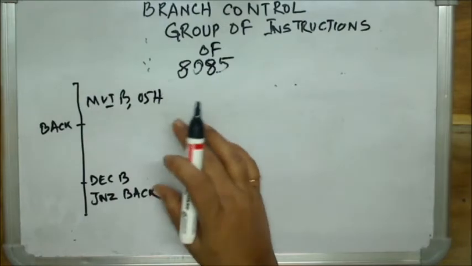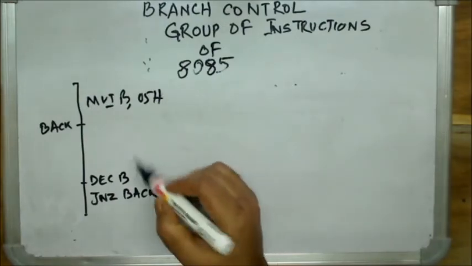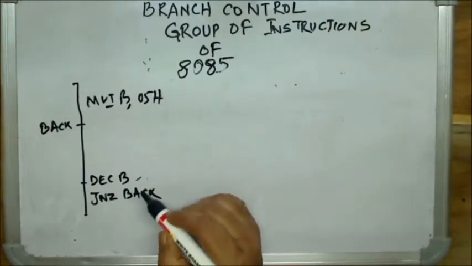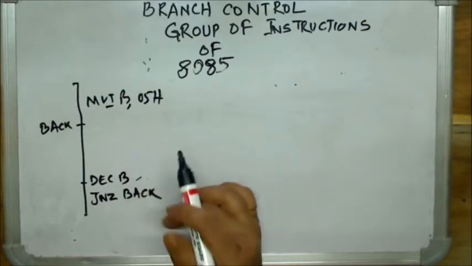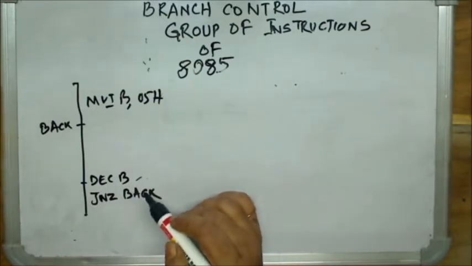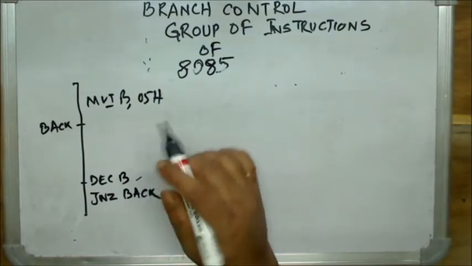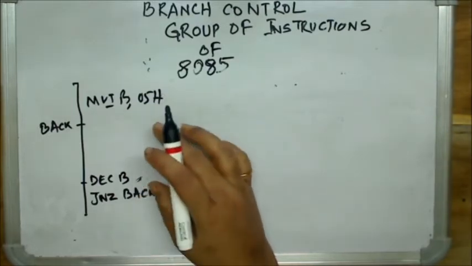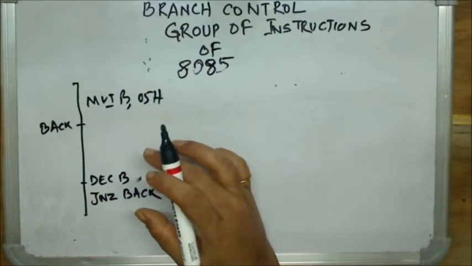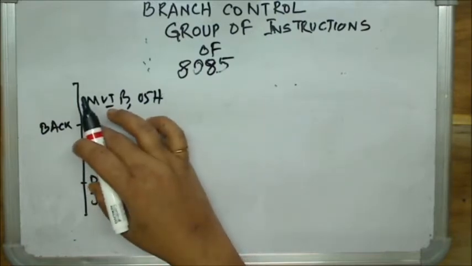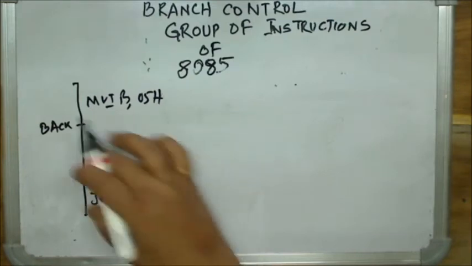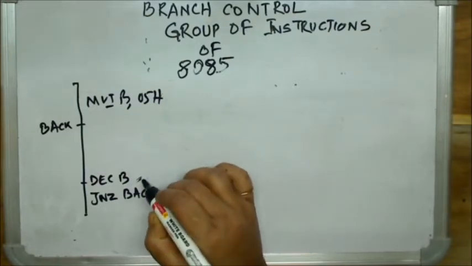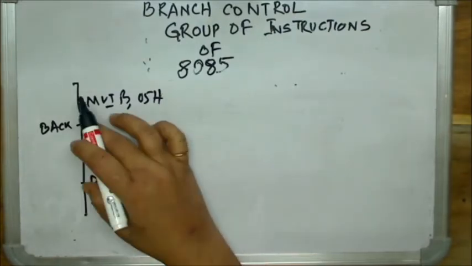Now you understand why I am stressing this point again and again. Now see here, is DCR B necessary here? Of course, this is how the counter is decremented. Do you write it inside the loop or outside the loop? Of course, inside the loop, because it has to be decremented in every iteration. So you have to write this decrement instruction inside the loop. But when you say inside the loop, it means this whole span, this much space inside the loop. So is decrementing the count at the end necessary, or can you write it anywhere inside the span?